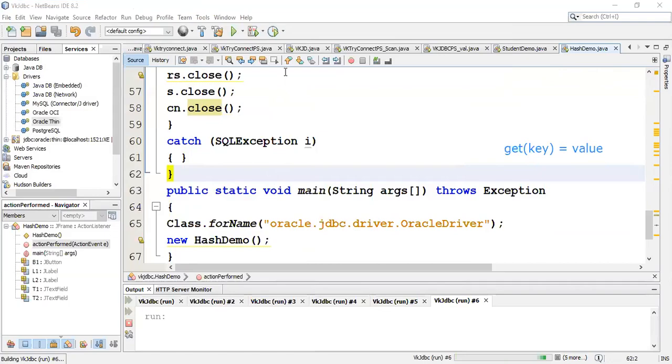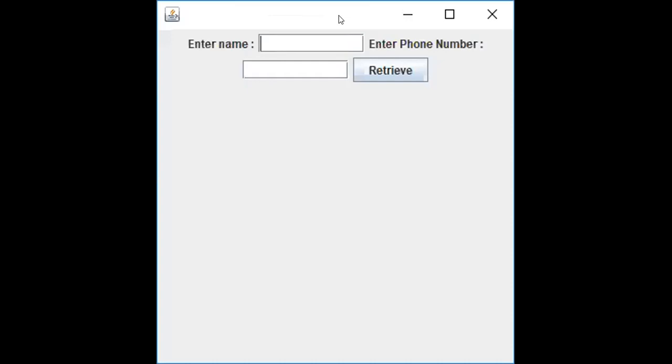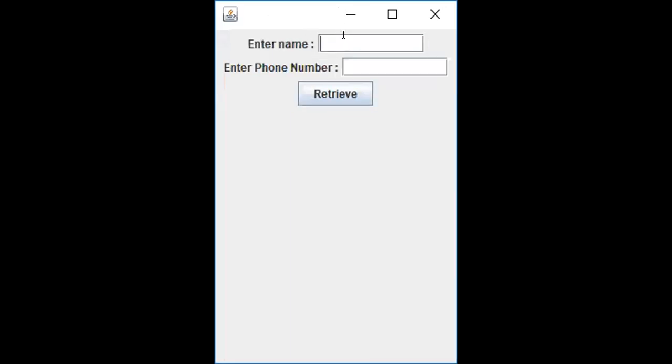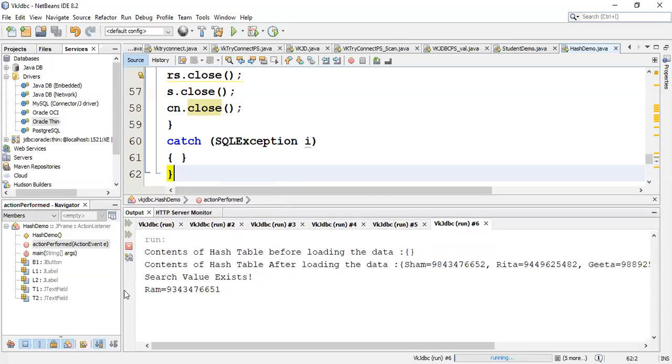So as you all know, can you see the swing frame here? Yes, so this is the frame which will be displayed as the output. I must give the key here because I can't give a phone number and find the name. For that I will have to make changes, which I will tell you if time permits today or in the next class. So now I'm entering Ram. I will retrieve Ram's phone number which has come in the output window. For that I'll have to share the NetBeans screen again. So you can see here Ram's content.